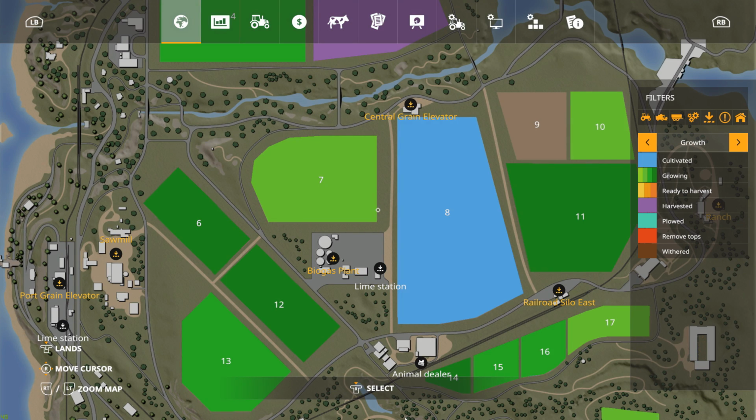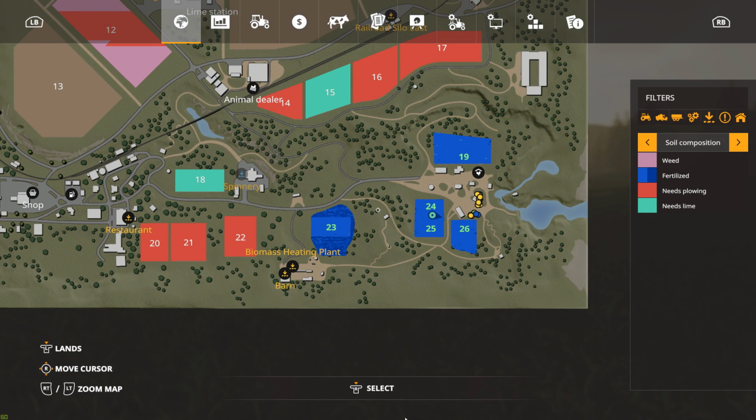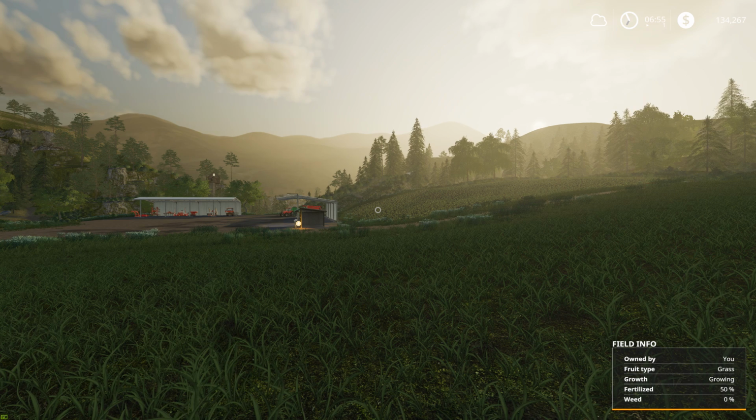we check the map, so they do need another layer of fertilisation. There's no weeds at the moment, but we do need to get some fertiliser on those, which I'll do at